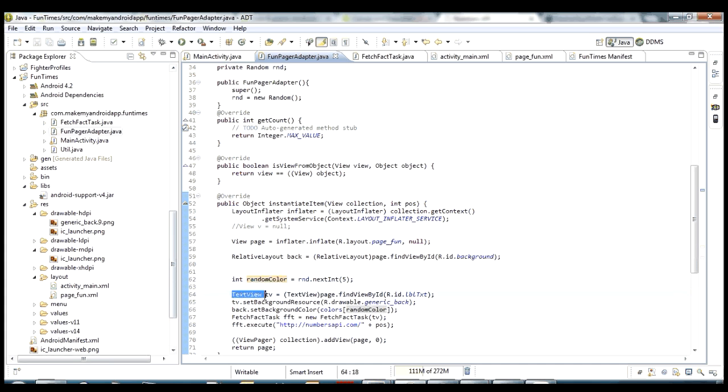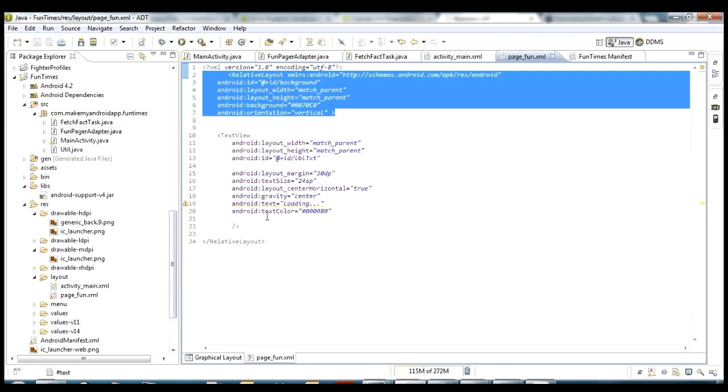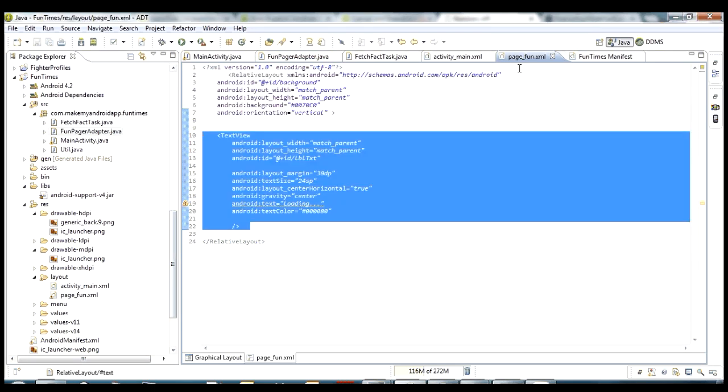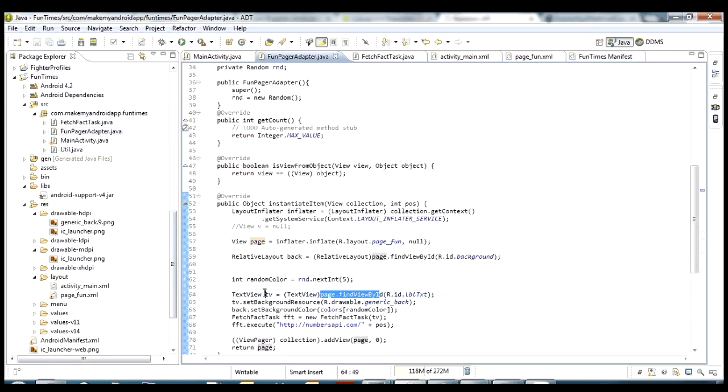We get TextView tv equals, again, page.findViewById(R.id.label_text), which is, of course, the text view that's inside of our PageFun layout. So we got that text view now. We're going to need that in order to set the text that we get back from the API, Numbers API, to it. So first thing we do is we say tv.setBackgroundResource